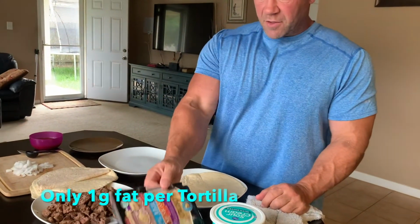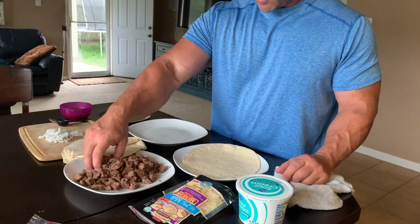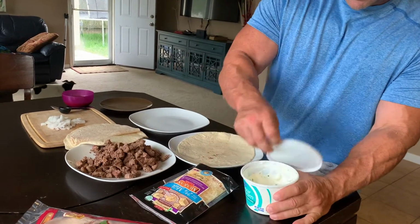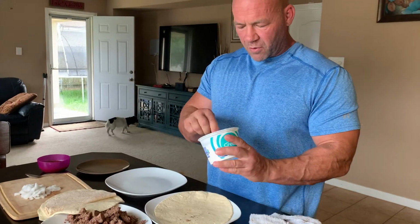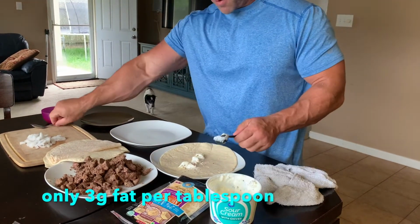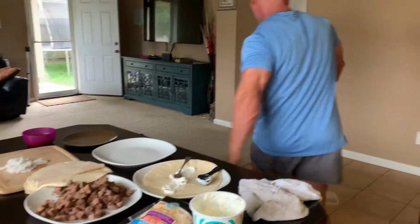And then I have the cheese here, and I'll just show you how you do it. So you take the ground beef here, and actually before that, I'm sorry, you get the sour cream. And this sour cream, 1 tablespoon is only 3 grams of fat. And it's just regular sour cream. Put 1 tablespoon of that